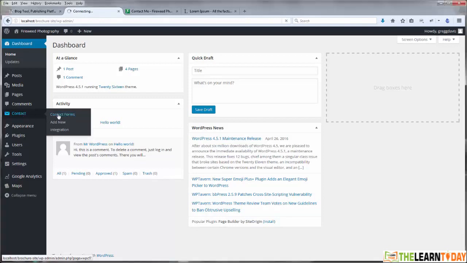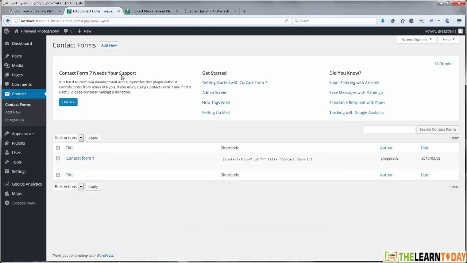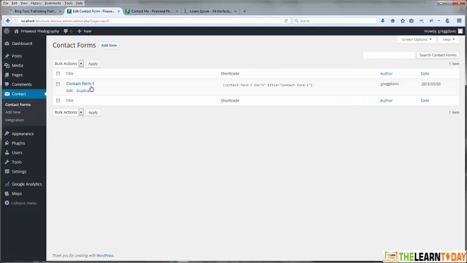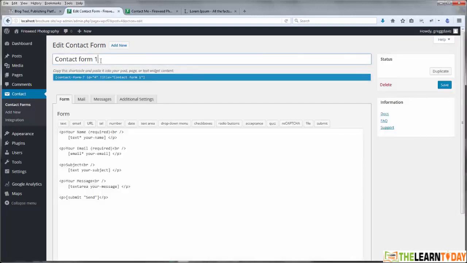I'll go over to Contact Forms, and you can see that Contact Form 7 also has a dismissible message, but it already populates the plugin with a contact form that's been made already. You can see this is where it gives you a shortcode, which is how we place it into a web page or in a widget. But if I look at Contact Form 1, I might just open that and use it for my contact form. I'm just going to put "contact me" because that'll match the name of the page where I'm going to